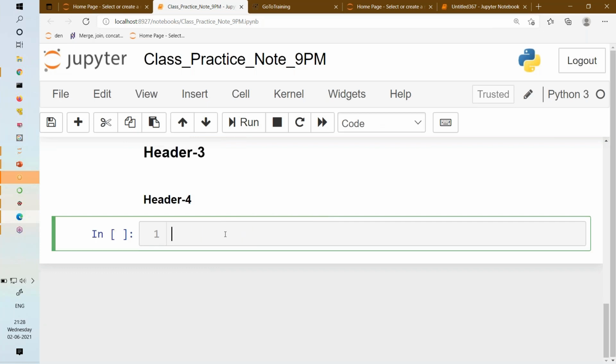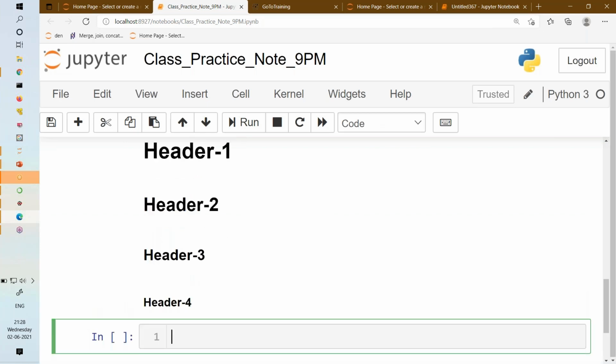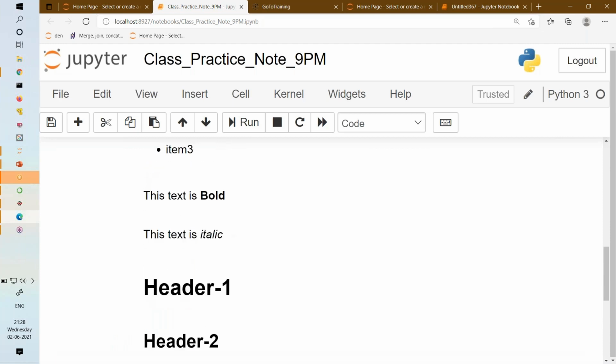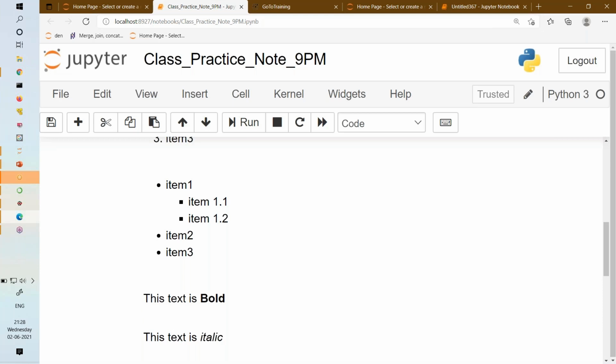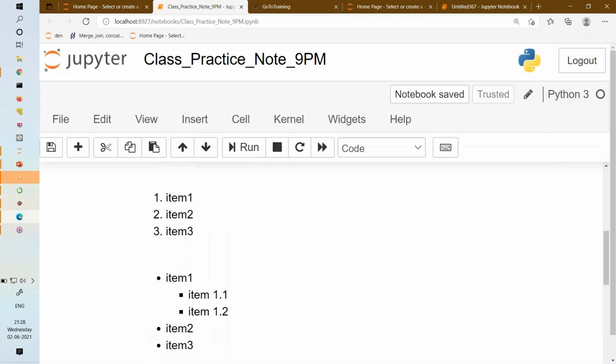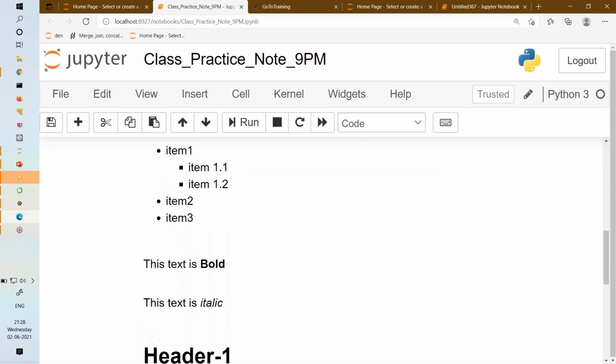So you can keep dividing this main section into header 1, header 2, header 3, header 4. Inside each header, you can write your code and your text, bullet points, a lot of things you can do. So this is your header concept. What you need to remember in header: escape and then 1, 2, 3, 4, whatever level you want, you can write. That is super simple. You understood how to give headers, you understood bold, italic, bullet points and numbers, and you understood how to write simple text.